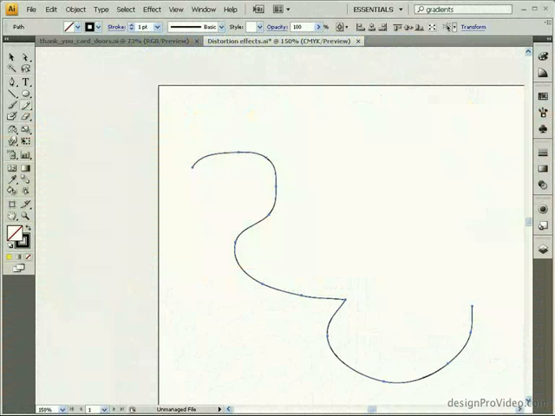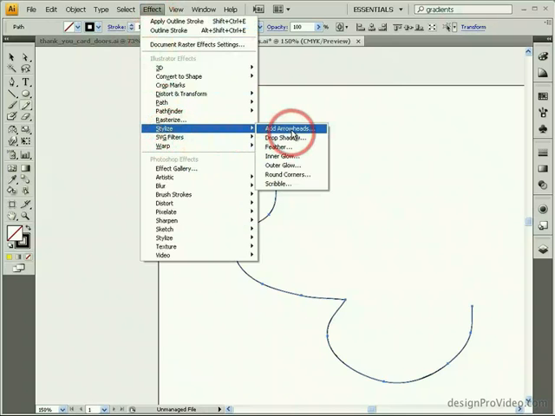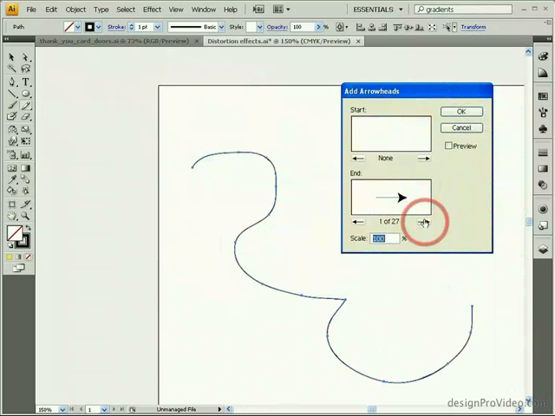Within the Effects Stylized category is a simple way for adding arrowheads to any selected path. To add an arrowhead, simply select Effect, Stylize, Add Arrowheads. In the Add Arrowheads dialog box that appears,